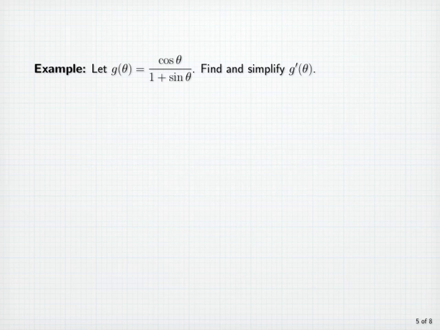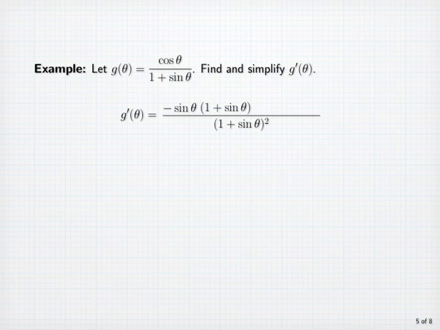Example: let g of theta equal cosine theta divided by 1 plus sine theta. Let's find and simplify g prime of theta. Here we'll use the quotient rule. The denominator will be 1 plus sine theta squared. To get the numerator, we write the derivative of cosine theta, which is minus sine theta, times the denominator 1 plus sine theta, minus the